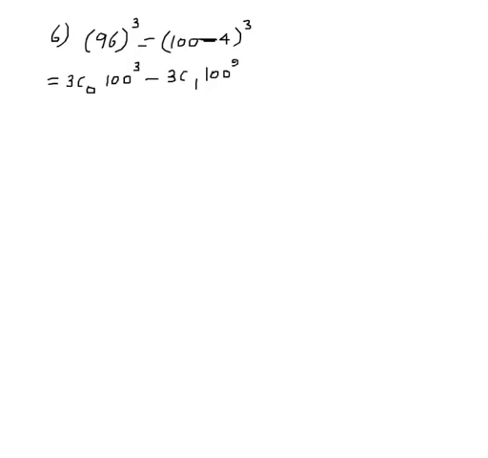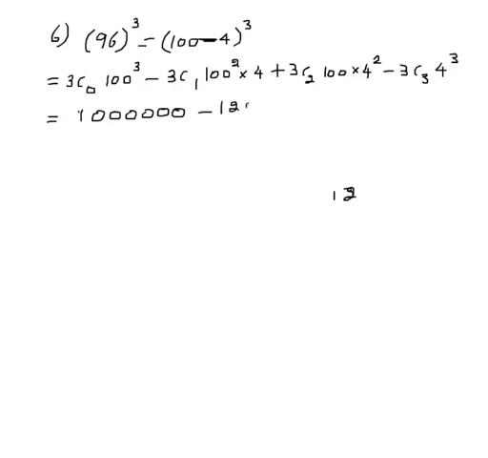3c1, 100 square times 4 plus 3c2, 100 times 4 square minus 3c3, 4 cube. 3c0 is 1. 100 cube minus 3c1 is 3. 3 4s are 12. So into 100 square will give you